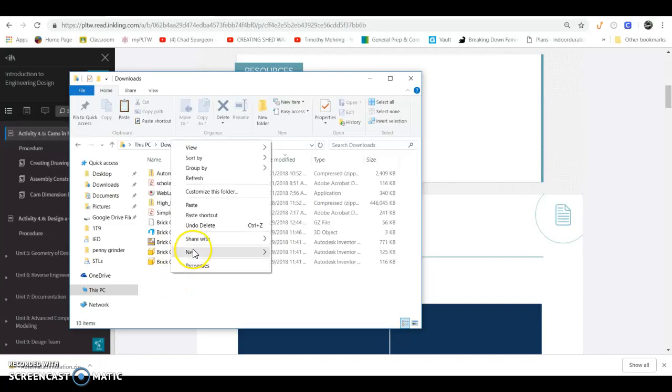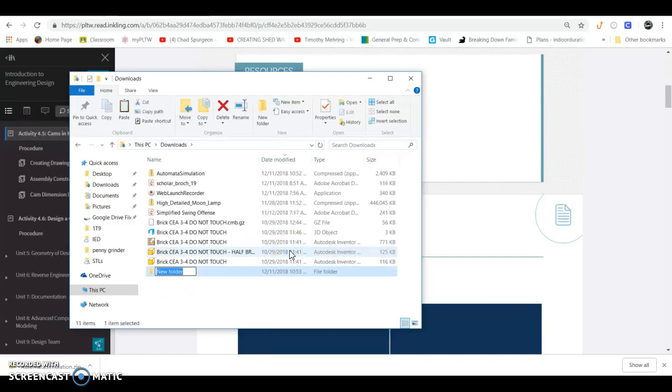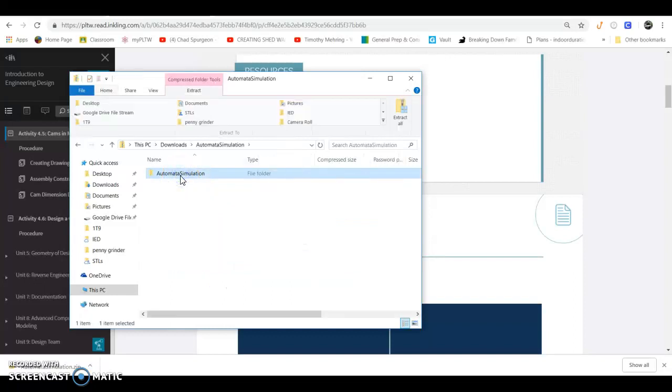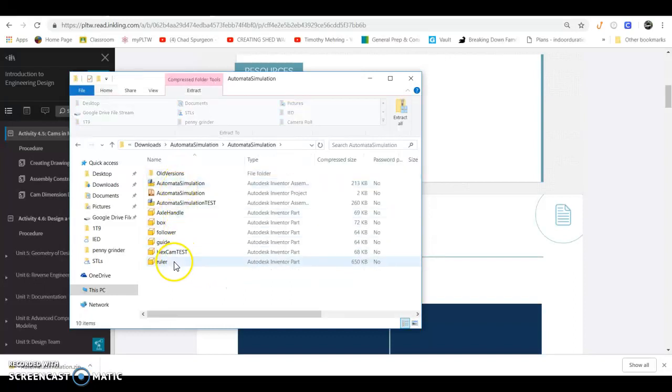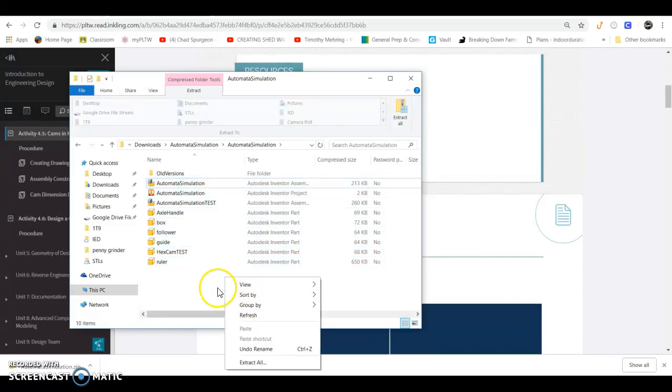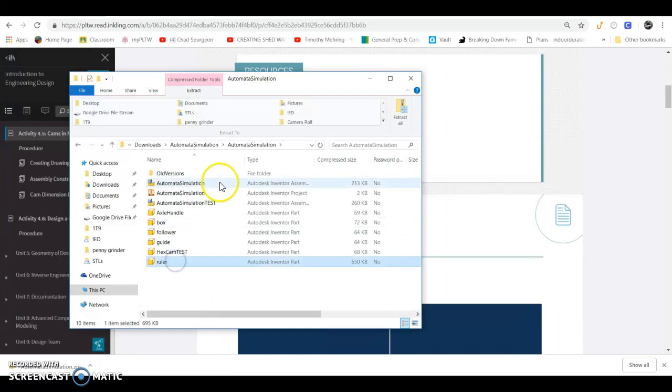So I'm going to actually create a new folder here, and I'm going to entitle that Auto, and then I'm going to go to the zip file. I'm going to open, and I am going to copy all of them. So I hit the bottom one, then I hit shift and clicked on the top, and then I'm going to right click, I'm going to copy